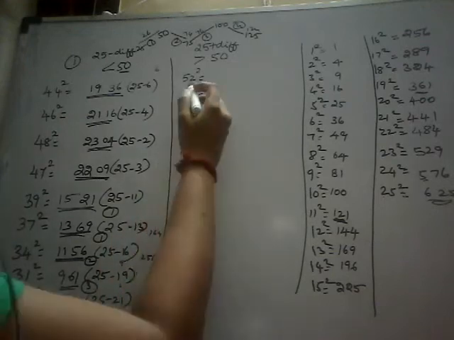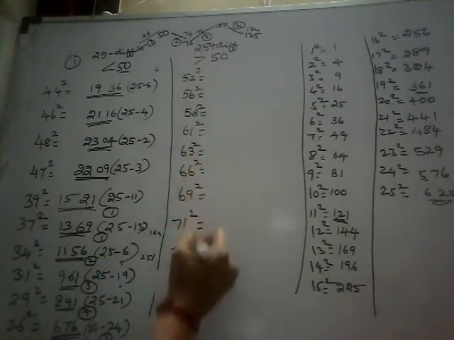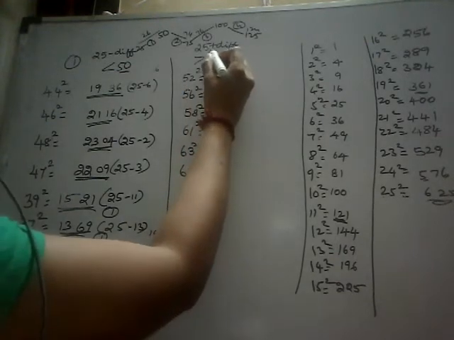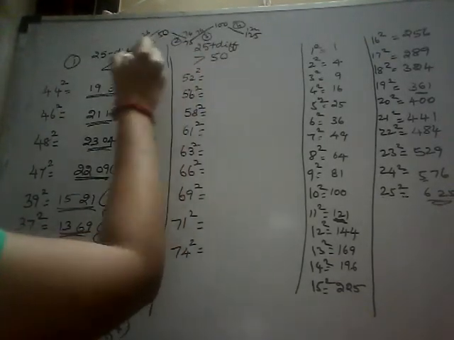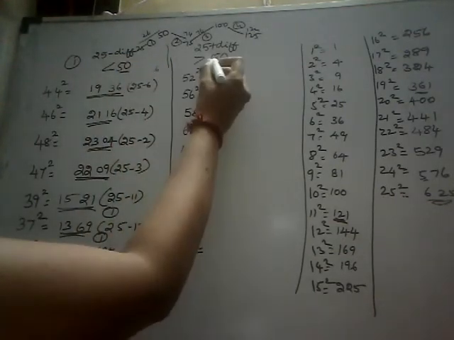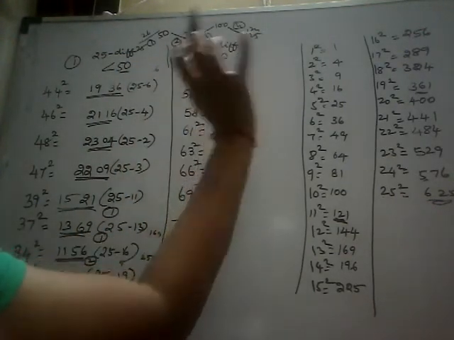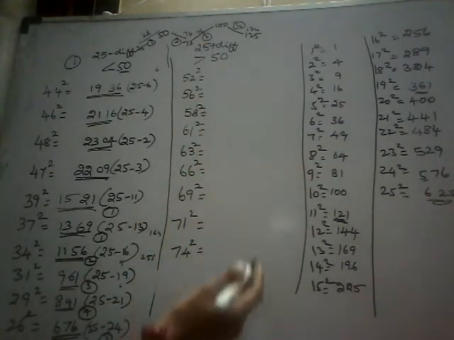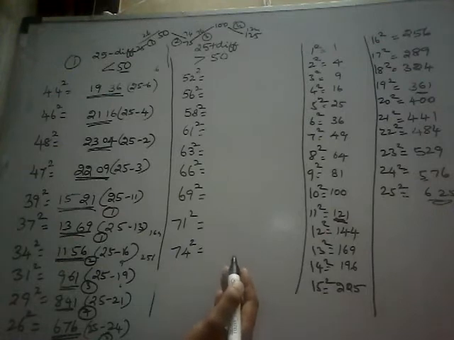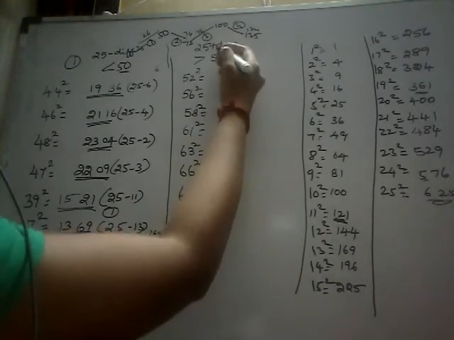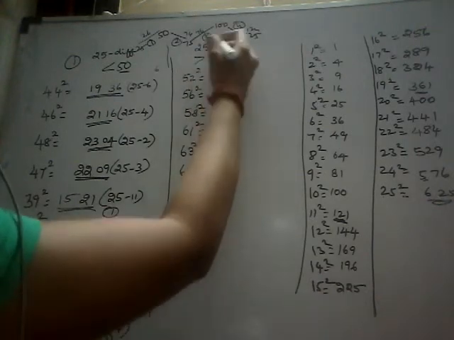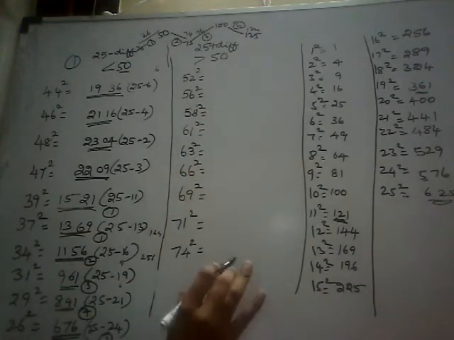Same thing above 50. 50 to 75 we will try. Same procedure, but here you have to add the difference. Before, you subtracted the difference number from the 25. Here you have to add the difference and write. That's it for above 50. If the number is above 50, what are you going to do? Half of 50 is 25. With that 25, you are going to add the difference number and write.